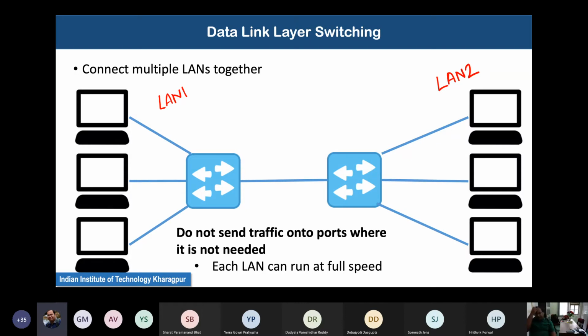Now this idea of the LAN was actually quite old, because currently the structure of the LAN is a bit different from where it was when this concept came into practice. Currently the network topology that we use is broadly a star topology, like the one shown in this diagram. Earlier there was a bus topology. The idea of the bus topology was something like this.